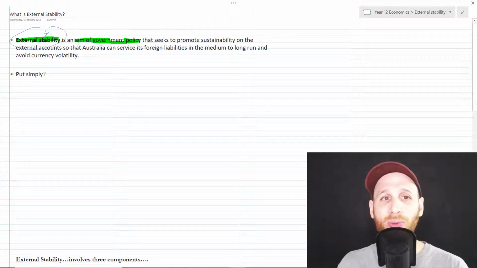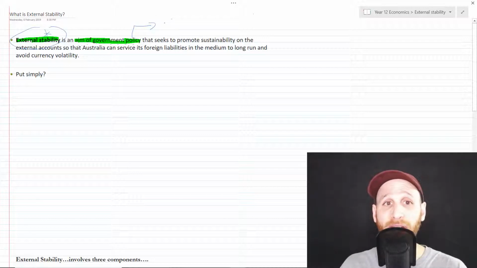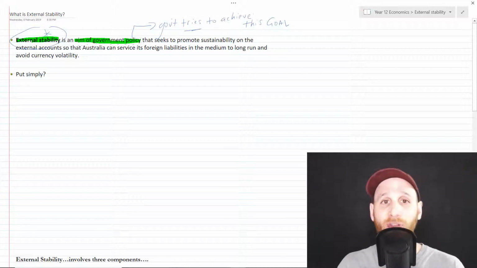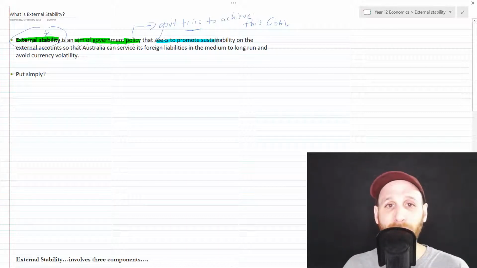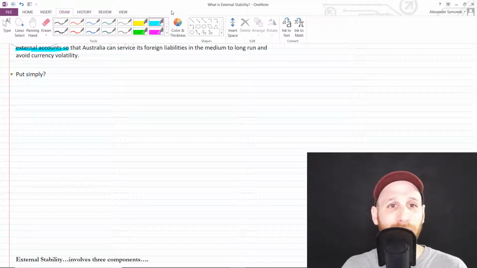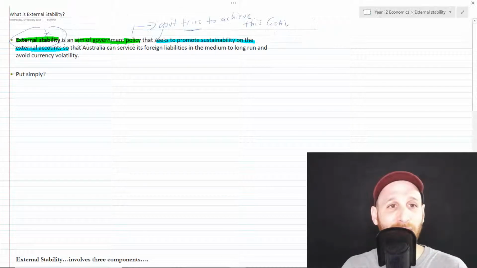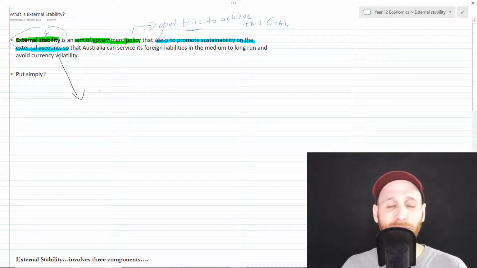External stability, what we're saying is that it's an aim of government policy. So we're saying that the government does set out to achieve external stability. So the government tries to achieve this goal. How hard they try, we're going to look at in a minute. So let's flip back. The government policy that seeks to promote sustainability on the external accounts. Man, that's tricky. Now, if a student wrote that, I might be like, what do you mean? So if we say seeks to promote sustainability, what we're sort of looking at is that